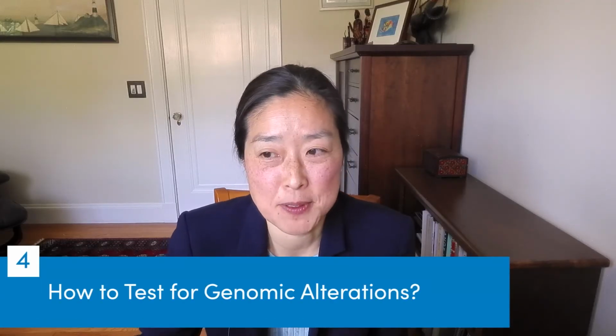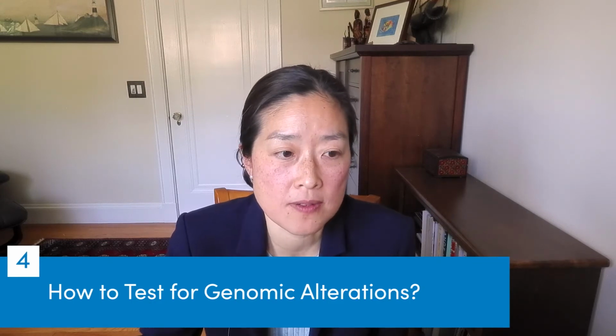And now, how to test. How do we test for these alterations? There are so many tools available. It's actually very hard to keep up with all the different ways in which you can do this testing. Do we do it one at a time? Do we do a broad panel? Are we looking at DNA? Are we looking at RNA? Should we be doing biopsies of tumor for everybody? Or are there some people where you would do liquid instead or in addition